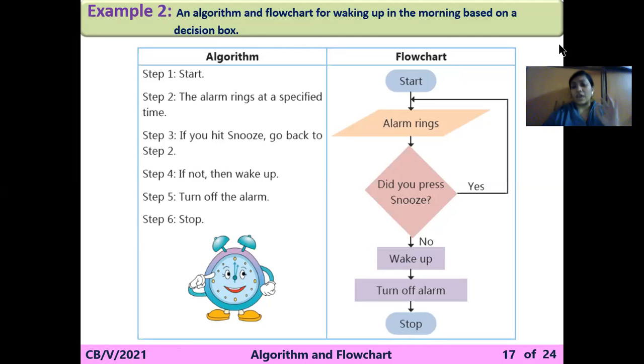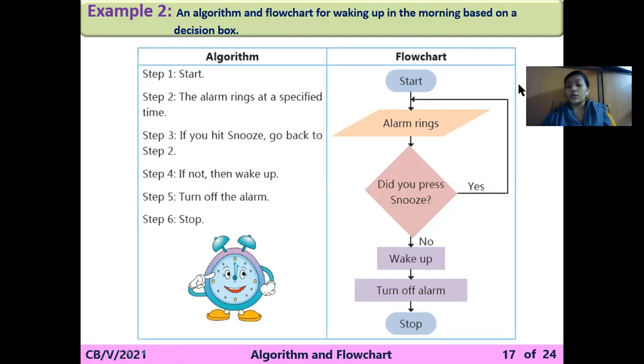So this is the very simple flow chart using the decision. First of all, the start, then alarm rings. मतलब आपने alarm set किया हुआ है, so that will be an input. Did you press the snooze? अगर आपने स्नूज प्रेस की है तो क्या होगा, वापस से अलार्म बजने वाला है. तो वापस से आपको स्टेप 2 में जाना और यहाँ पे लिखना है yes. If you pressed it, then you have to compulsorily write down the yes.